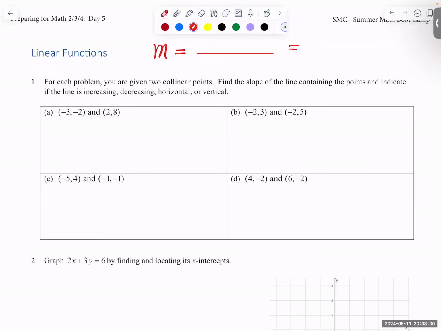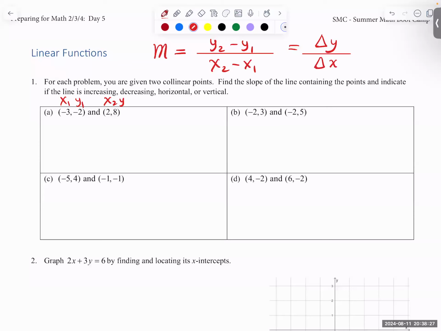So first, recall that the slope formula, m for slope, is the ratio of the change in y, or delta y, divided by the change in x for any 2 points on the line. Delta y is y sub 2 minus y sub 1, and delta x is x sub 2 minus x sub 1. So if the first ordered pair is the x1, y1,